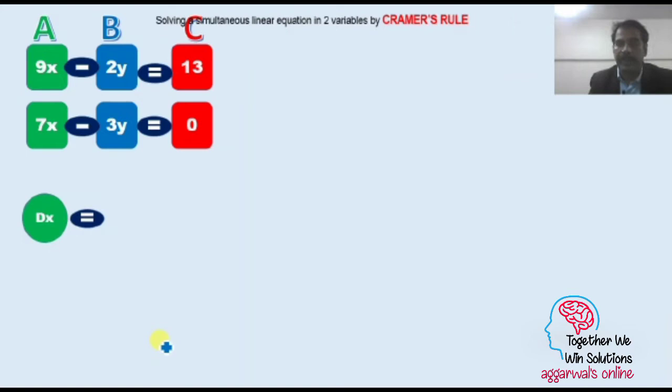So first we have to find the determinant of x. Students, keep in mind, if you have to find the determinant of x, we have to jump in an alternate way. That means we are standing at x, and we have to find the determinant of x. So we will jump over b, but will not collect the coefficients of b. We will jump onto c first, collect the values of column c, copy them, and then go back to the previous column, that is column B.